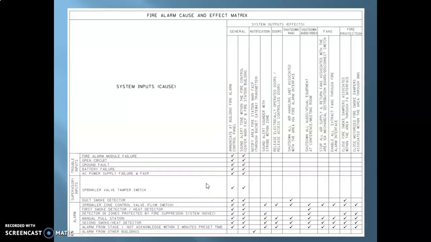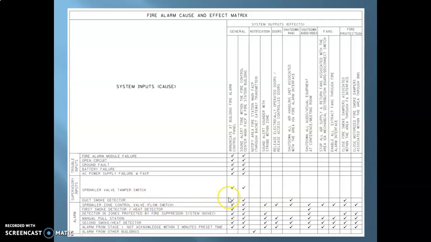Now, moving on, let's say that you have an alarm signal through a duct smoke detector or a smoke detector. Then you will still have the general output that is shown right over here, along with other outputs that will take place once the FACP receives the signal from the duct smoke detector.